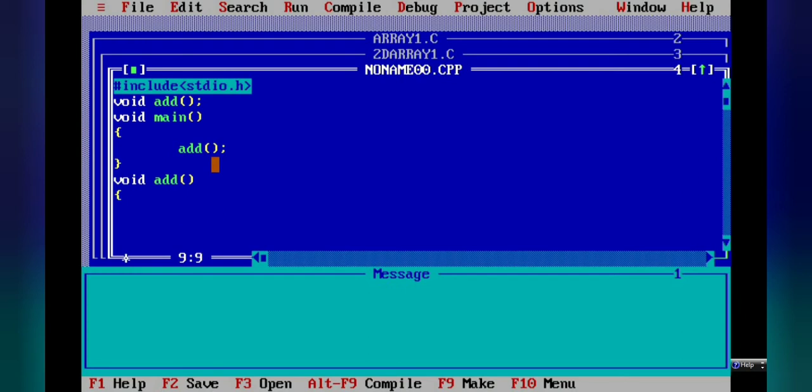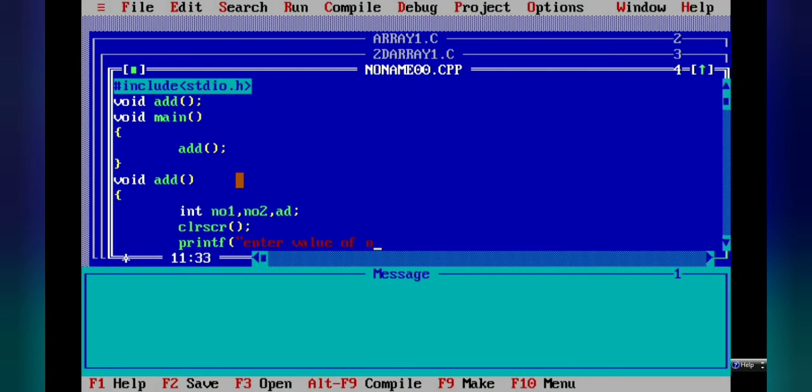Now we are defining the add function. Here we are declaring two variables, number1 and number2, and the next variable is add, then a semicolon. First we will use clrscr. Then we will give the message, printf, enter value of number1 and number2.